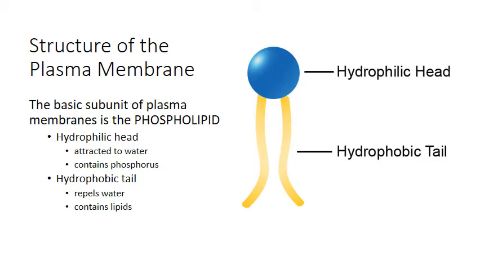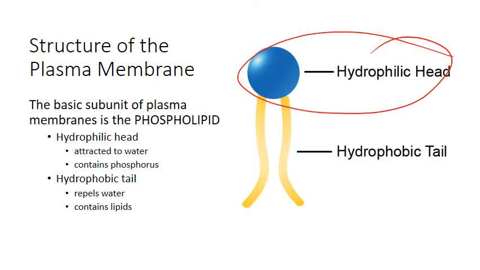Alright, so starting with the structure of the plasma membrane, the basis for the plasma membrane is something called a phospholipid, and the phospholipid has a hydrophilic head, which means it's attracted to water, and it contains phosphorus in this particular section, and it has a hydrophobic tail. So the hydrophilic section is the blue bit, this top part up here. So this is the bit that likes water and has the phosphorus, and then down the bottom here we have